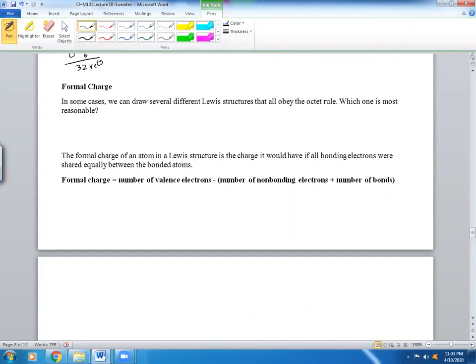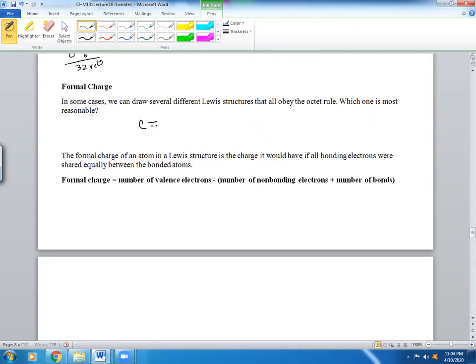Formal charges. It says in some cases we can draw several different Lewis structures that all obey the octet rule. The question is, which one is the most reasonable? This is very common in chemistry. So for example,